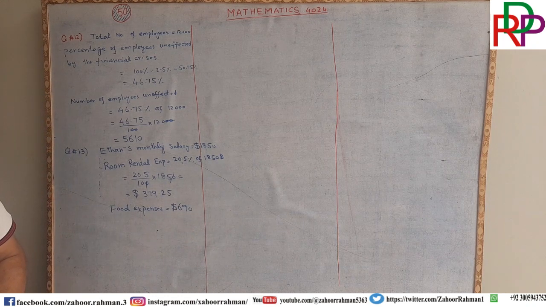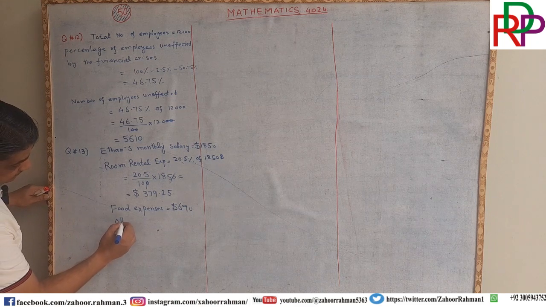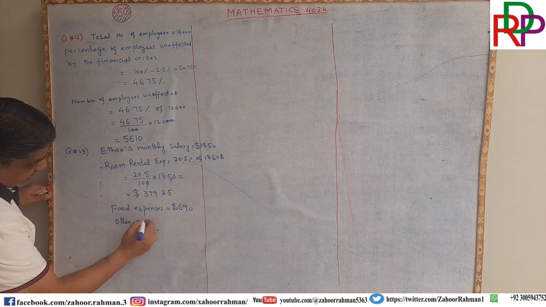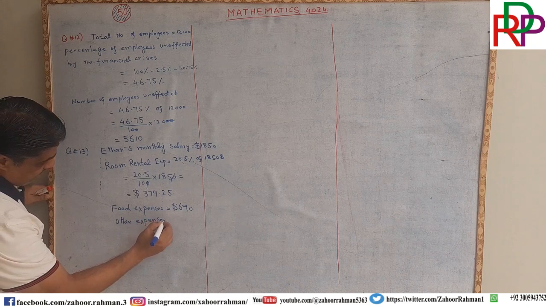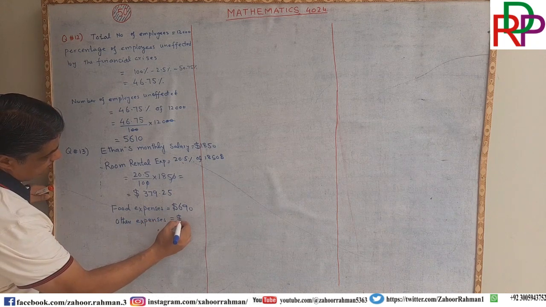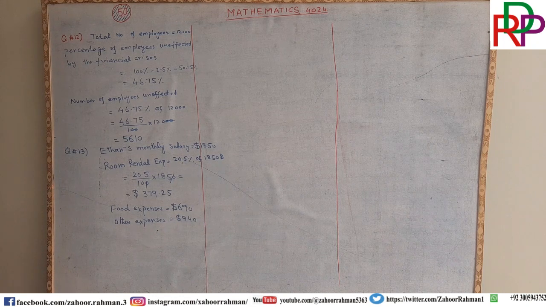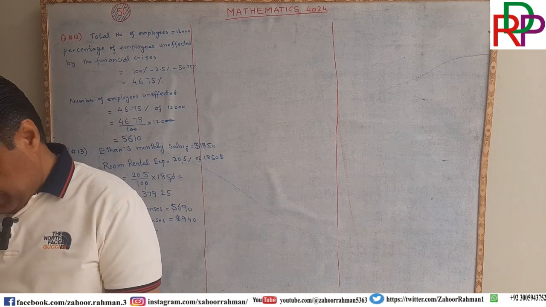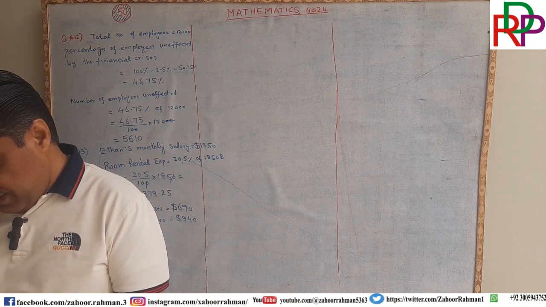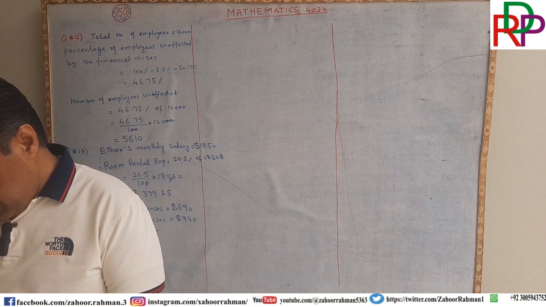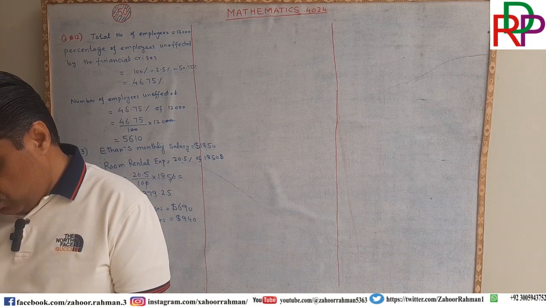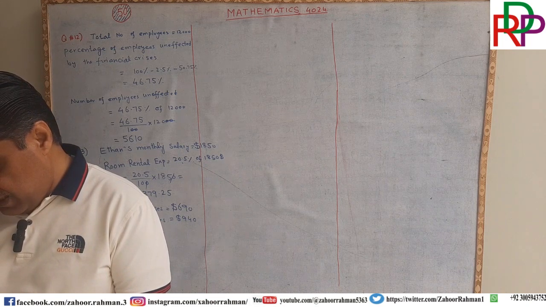Another expense on other things: other expenses are $940. So the question is asking, express the amount that he overspent as a percentage of